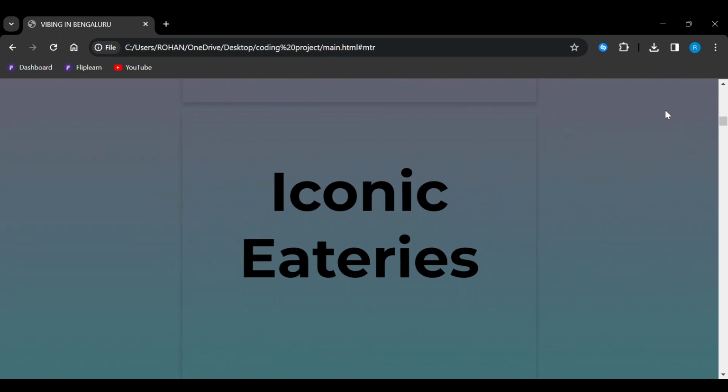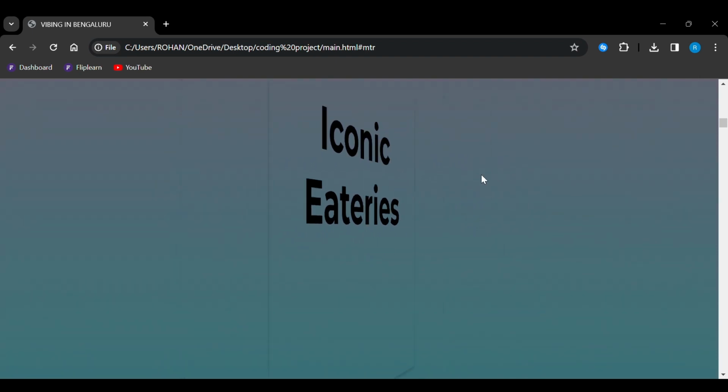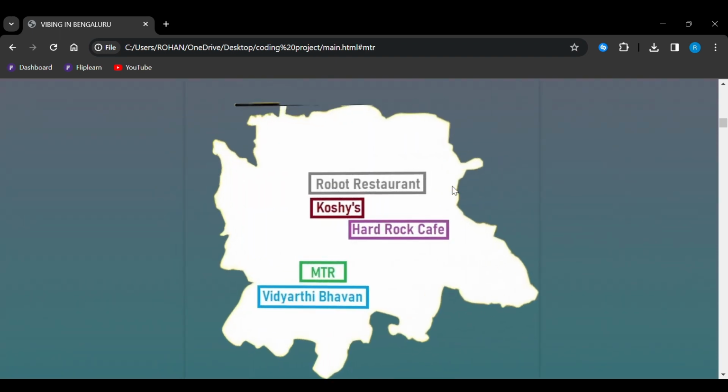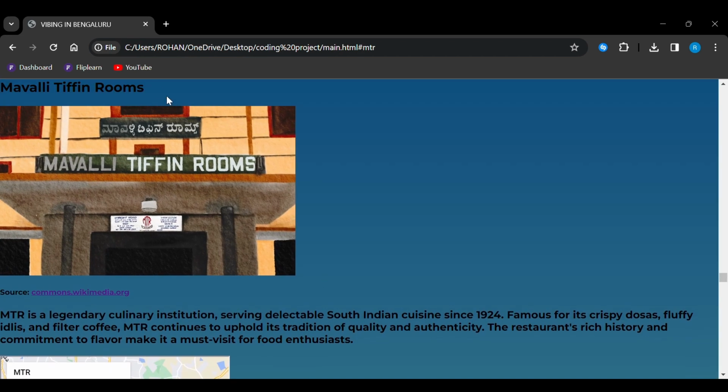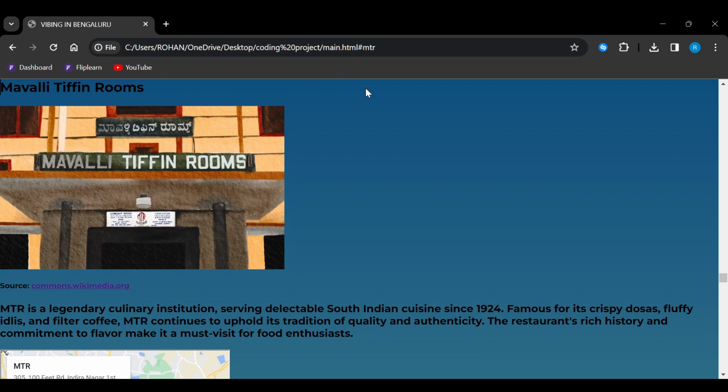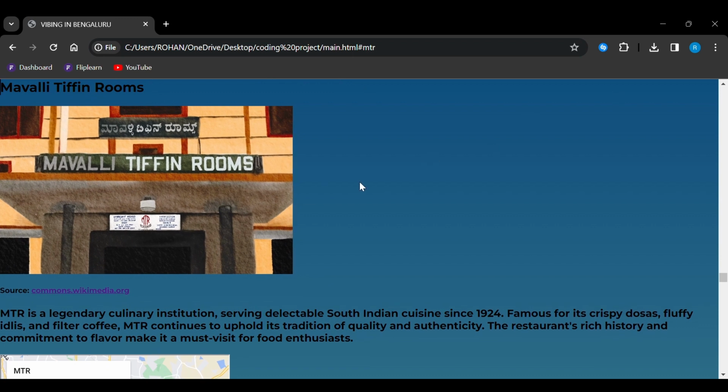To see the map, just hover over the flip card. The maps itself were made using the use map tag, as you can see here. With specified coordinates and internal hyperlinks, we were able to use this Bangalore map to visually show the location of each place, as well as allowing us to quickly navigate through the web page by using this as an alternative